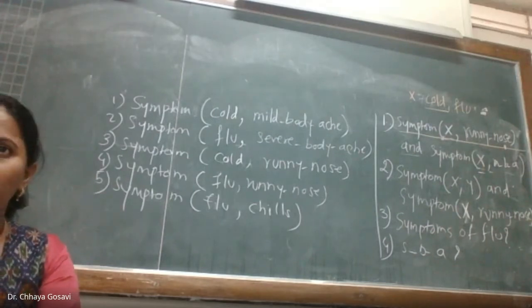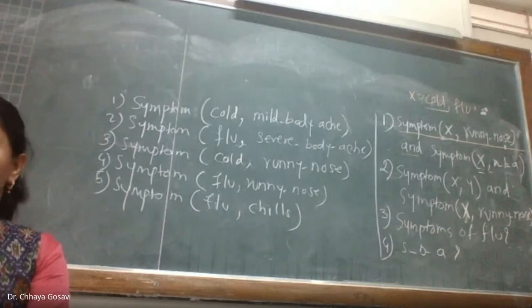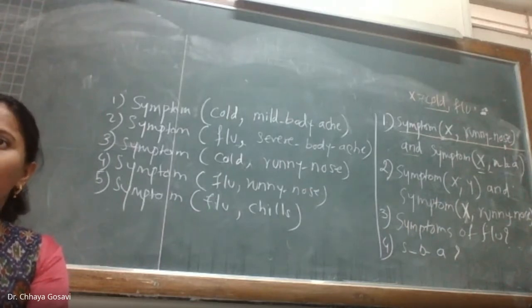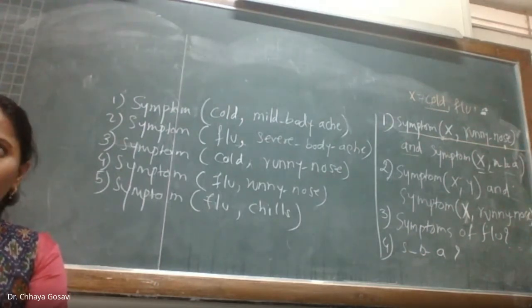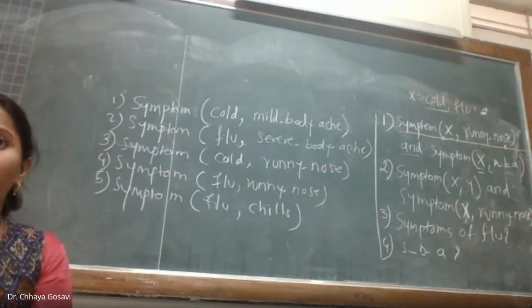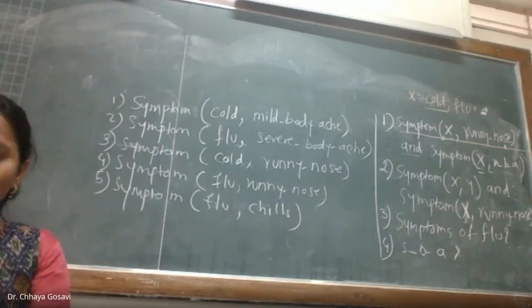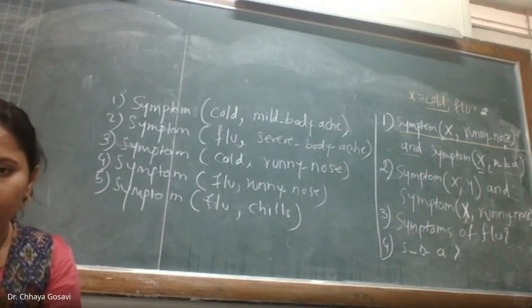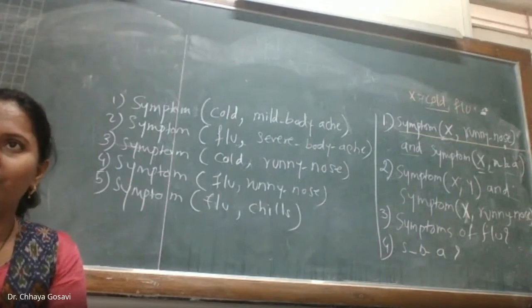In definition, a proposition is any meaningful mathematical statement which is either true or false, but not both at the same time. As I explained previously, a proposition is a statement which is either true or false. There are two types of proposition, simple proposition and compound proposition. It is raining is a simple proposition. It is hot is a simple proposition. But when we combine, it is raining or it is hot, then it becomes a compound proposition. I'm not presenting anything. I'm just explaining what we have seen in the previous session.